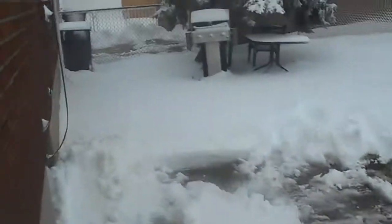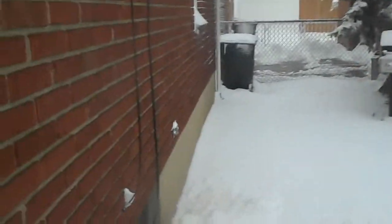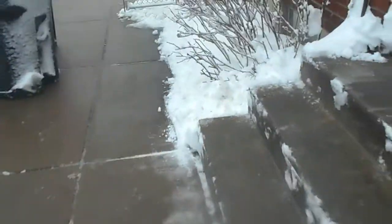Like back here, I gotta clear the gate out too, trying to turn around there. You can see other marks in it and stuff. It wasn't the cleanest job, but see, now I just walked through that and tripped on it. But the point is to get the bulk heavy